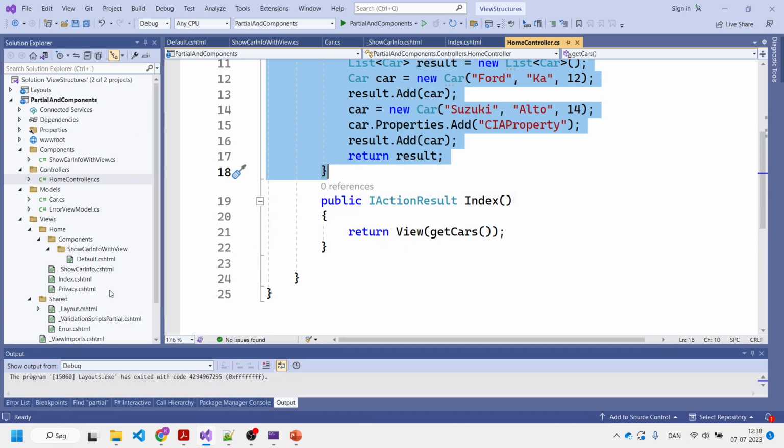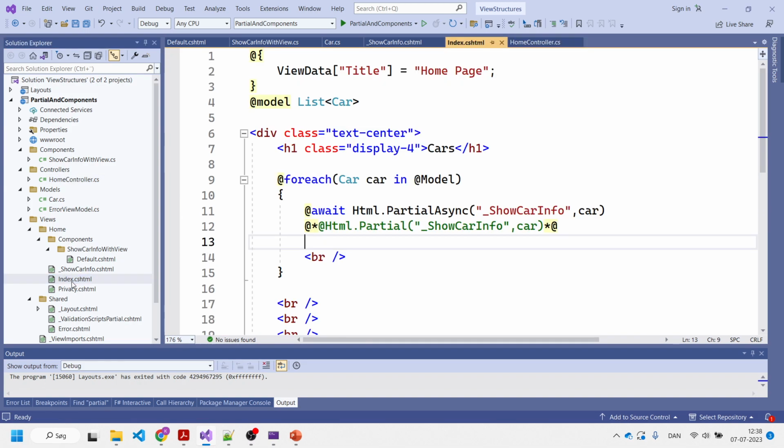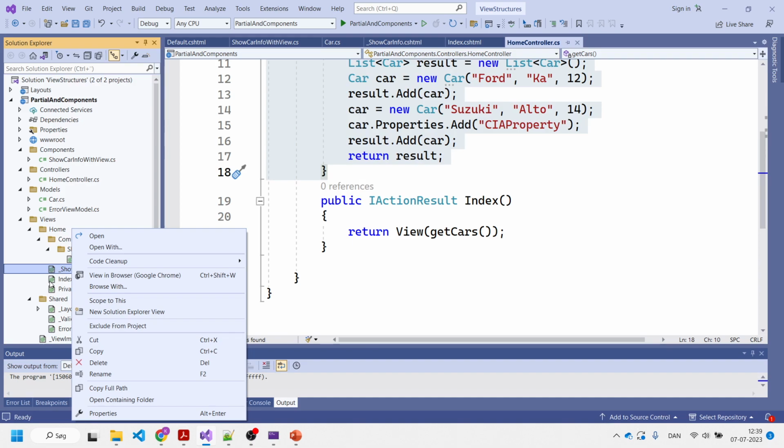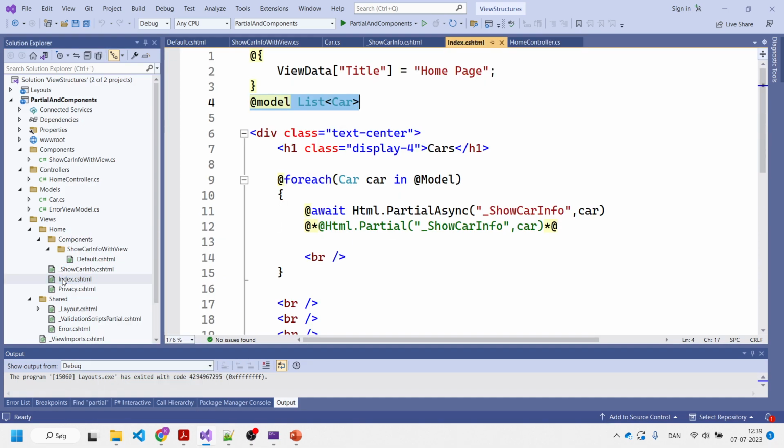And inside the view, we just receive this. We don't decide in here how to deal with data. Where should I get data from? Now the controller is where you want to keep those kinds of complex things. So the view should be as dumb as possible. So the loop just receives a list of cars, and if I want to use the partial view,